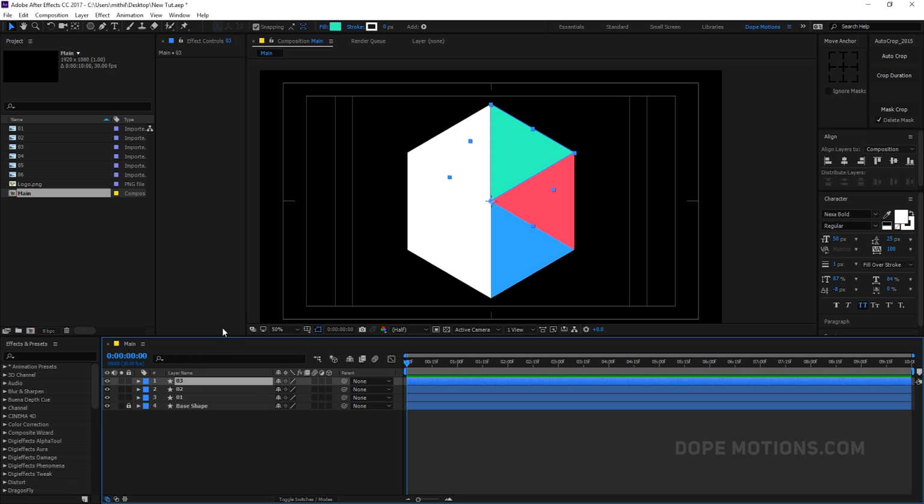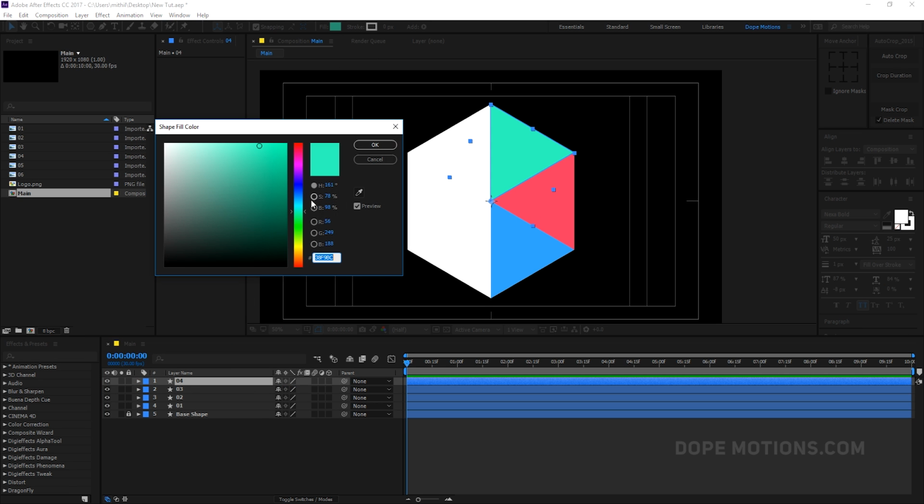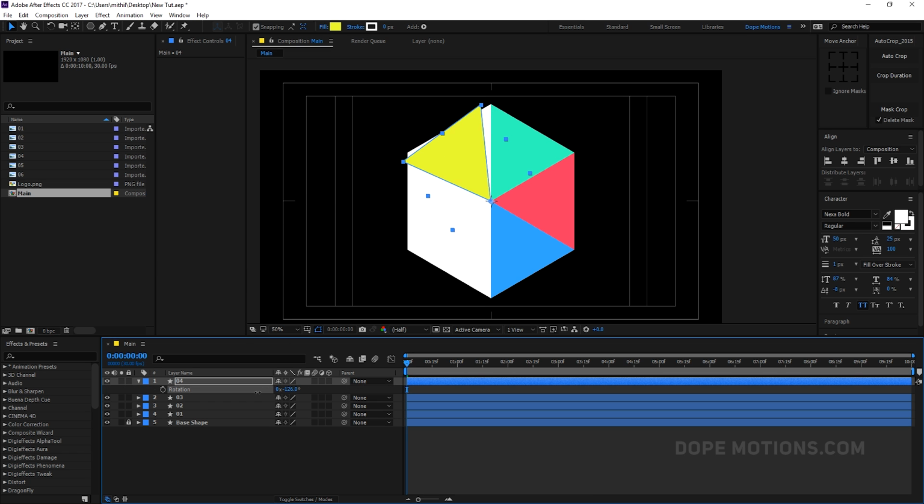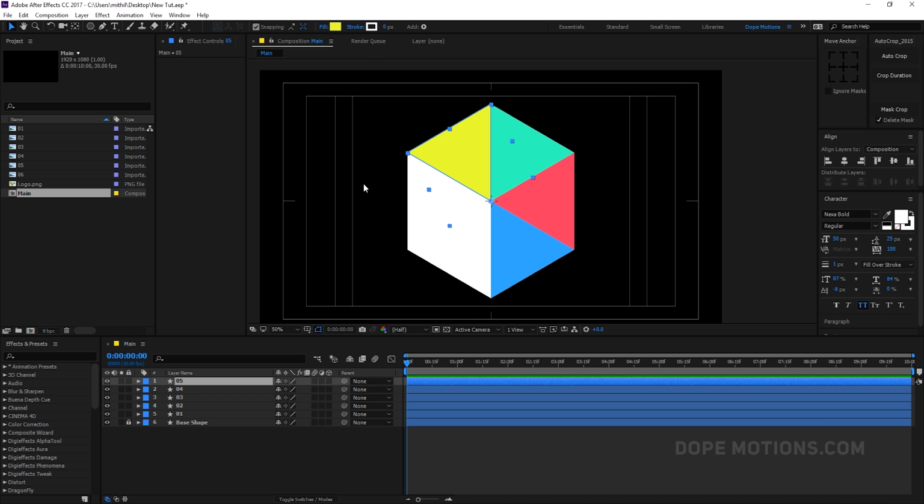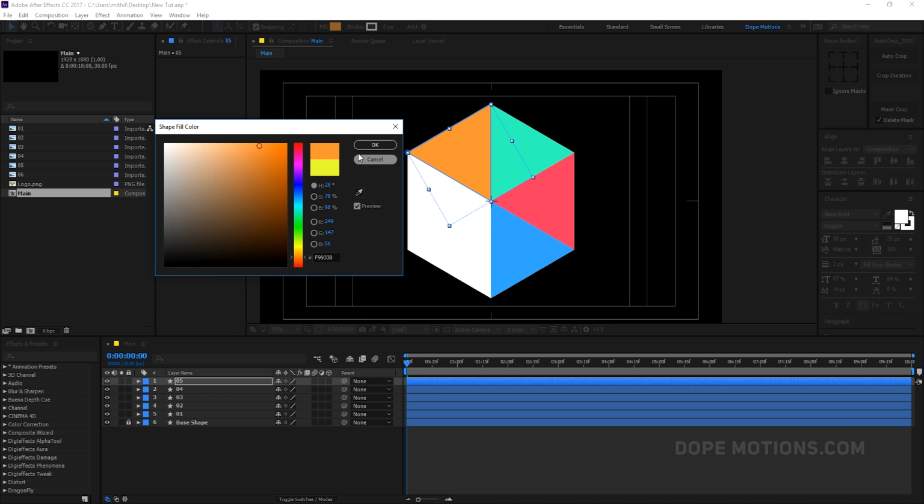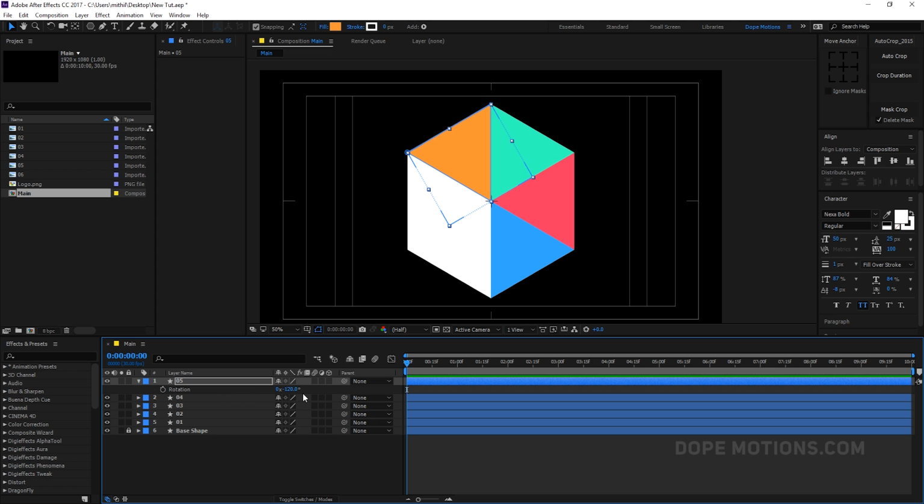And the same for the other 3 shapes. Hit Ctrl D, change the color, make it a different color, and rotate this to maybe minus 120. Ctrl D to duplicate it, change the color, and hit R to bring down the rotation properties. By the way, R is the shortcut to bring down the rotation properties, and I'll keep it 120. That's perfect. And the last one, hit Ctrl D,